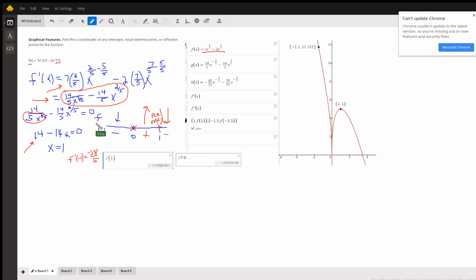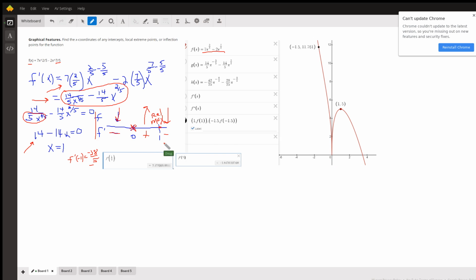First derivative test, the sign of f prime determines whether f is increasing or decreasing. So if I pick a number to the left of 0, because 0 is a critical number, even though the derivative is not defined at that point, we get negative 28/5. And so this first derivative is negative everywhere to the left of 0, so the function is decreasing. You can see that's the case over here. Then when we get to the right of 0,